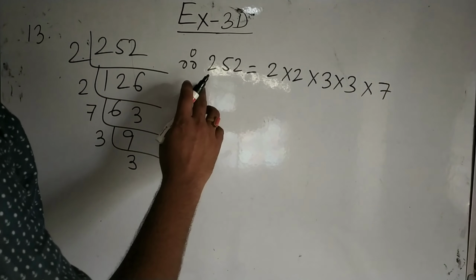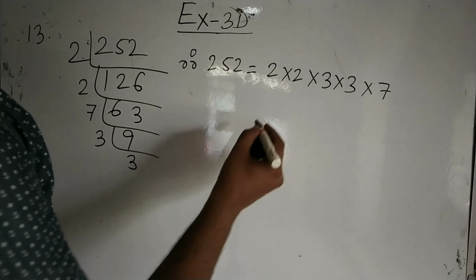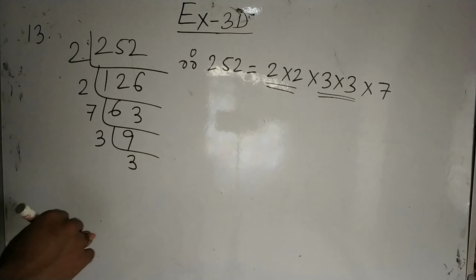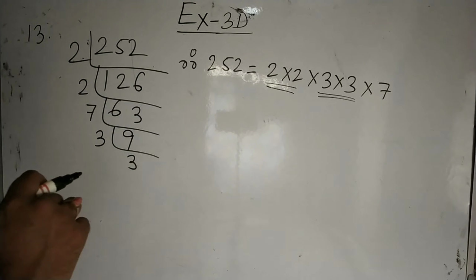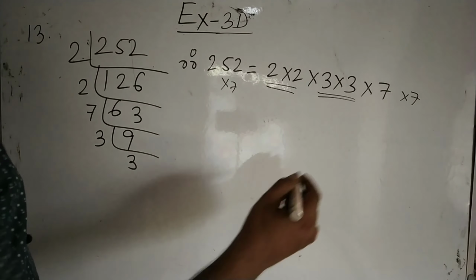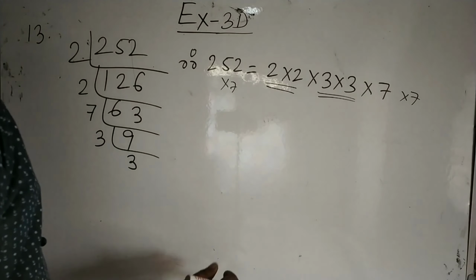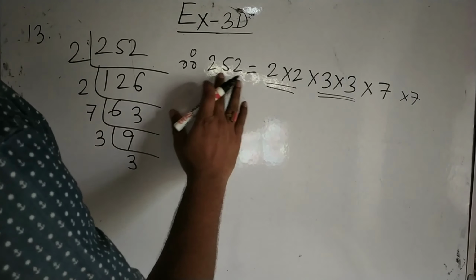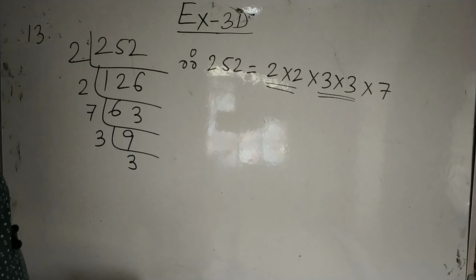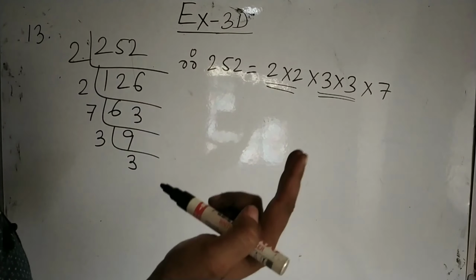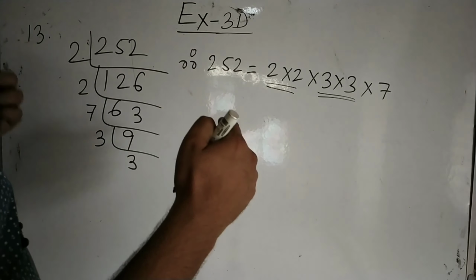Now look, if we want to find the square root of this number, then for these two 2s, 1 will be outside the square root sign. For these two 3s, 1 will be outside the square root sign. But look, this 7 is single. So if we multiply another 7 with this number, then for these two 7s, 1 will be outside the square root sign. Therefore, we observe that we have to multiply by 7, so that there will be two 7s, and for the two 7s, 1 will be outside the square root sign.